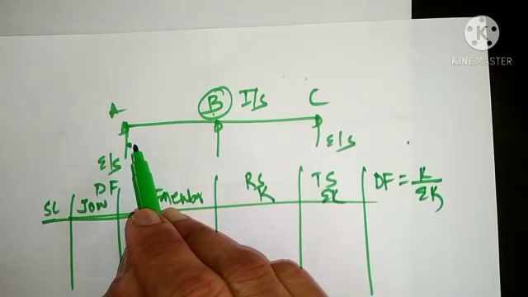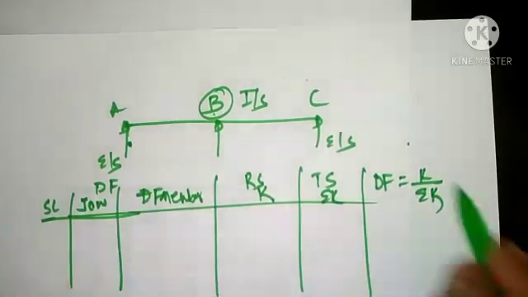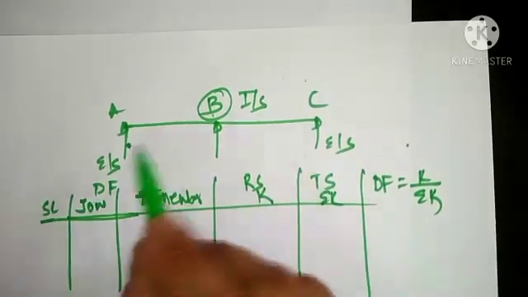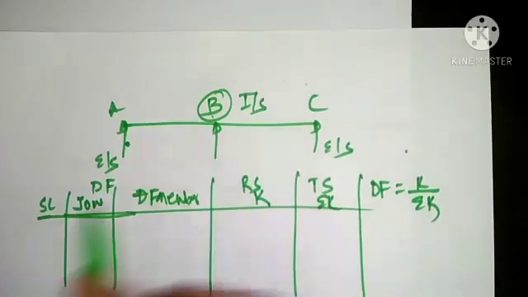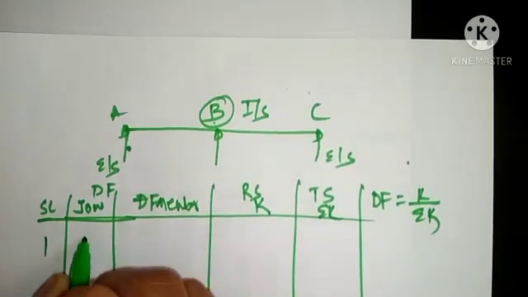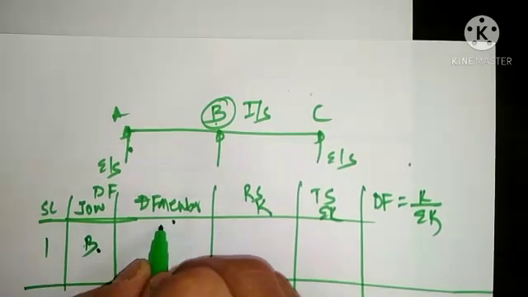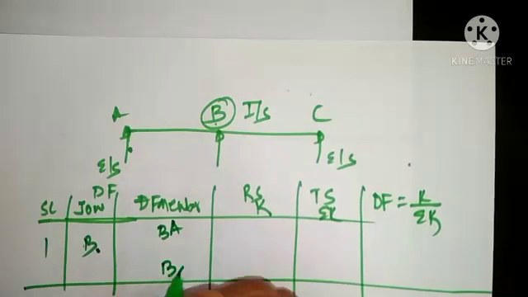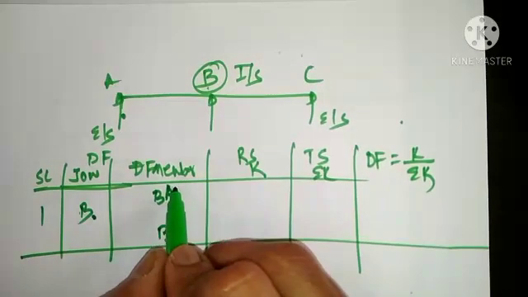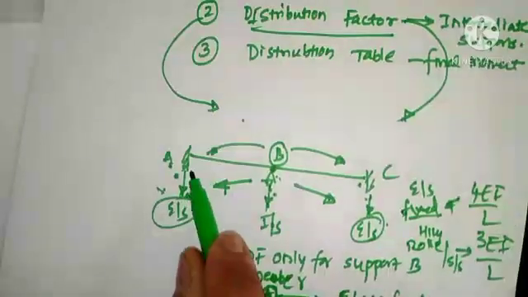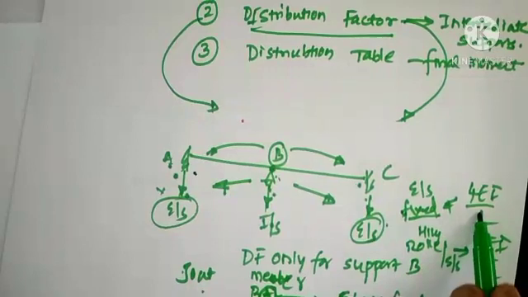Now look at this particular diagram. In this table I am going to note down only the intermediate support. Now if you observe this diagram, there is only one intermediate support, so only one serial number. Member connected is joint B, and members connected at joint B are BA and BC. And at A, now what is the difference between earlier problem and this problem here? Here A was fixed support. When it was fixed, you took it as 4EI by L.